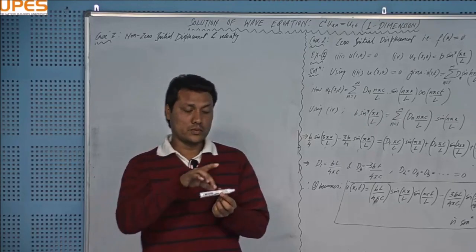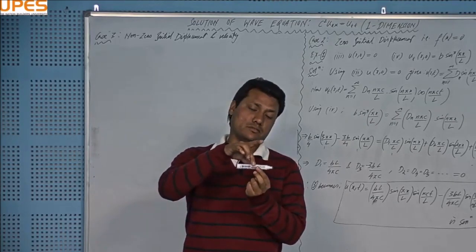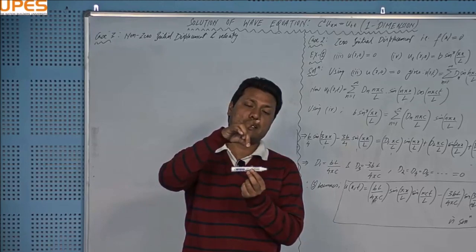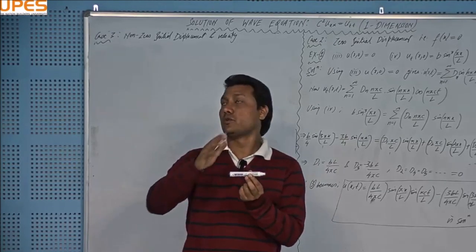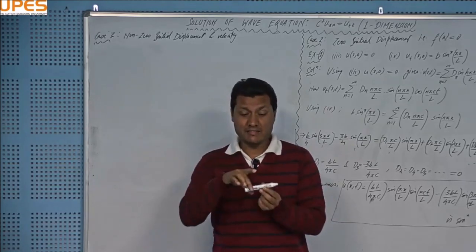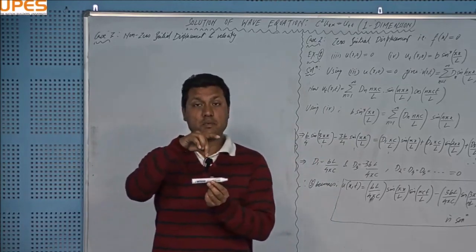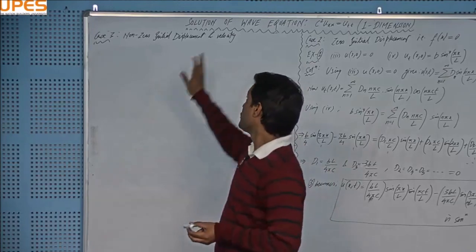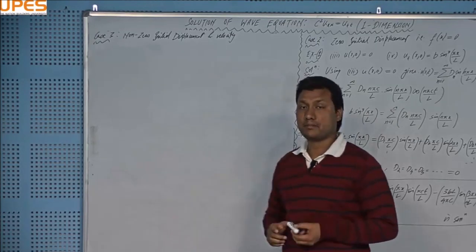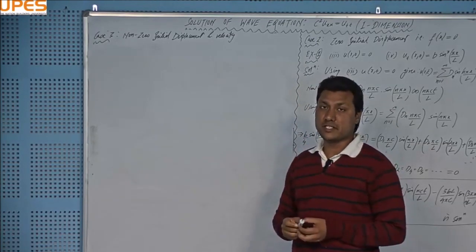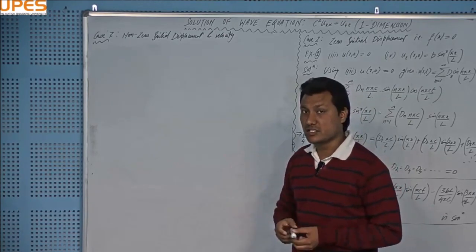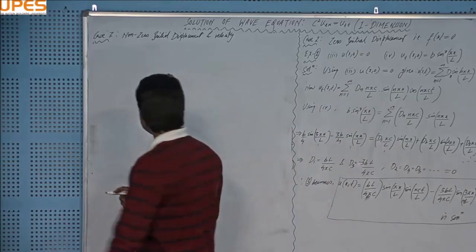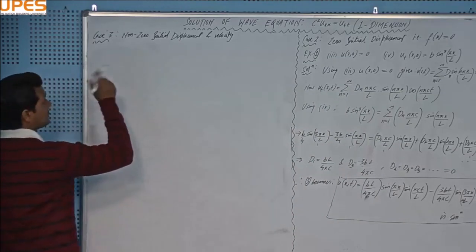You pick up one of the points of the string and you pull it, and rather than releasing it, you just flick it at this point, and that will produce this case number 3. Means you have some non-zero displacement and you have some non-zero velocity. Means picking up the middle point of the string and then flicking it means giving the velocity as well as initial displacement, right? So in that case,